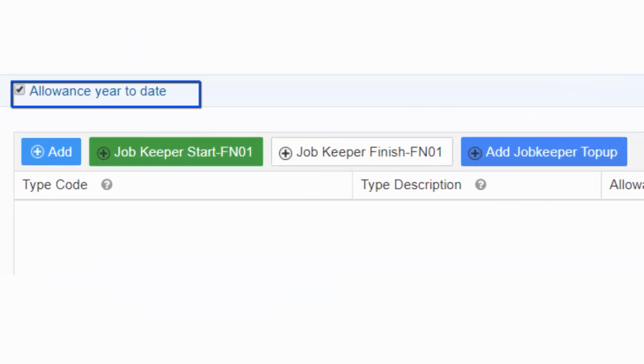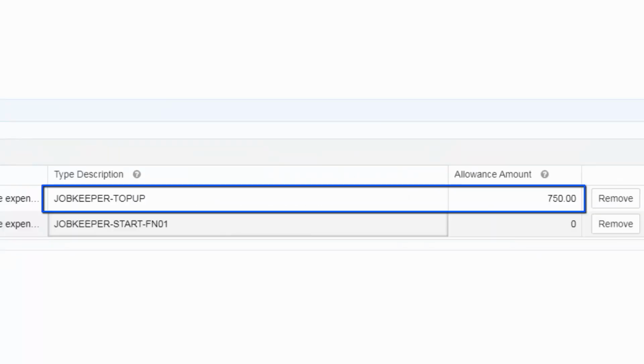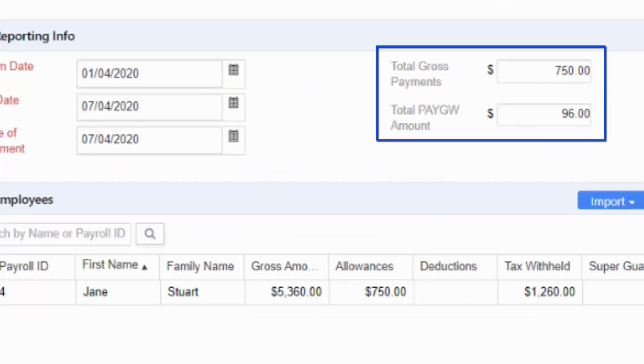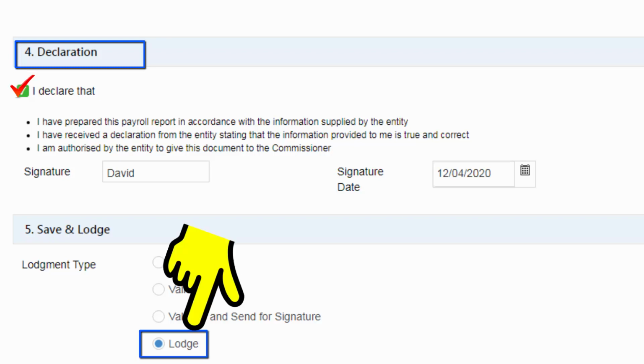Go to Allowances Year-to-Date and click to add JobKeeper Start and add JobKeeper Top-Up and enter the top-up amount of $750, then click Save. Review the details. Enter the top-up amount and total gross payments and enter the appropriate total PAYGW amount. Make a declaration and lodge.